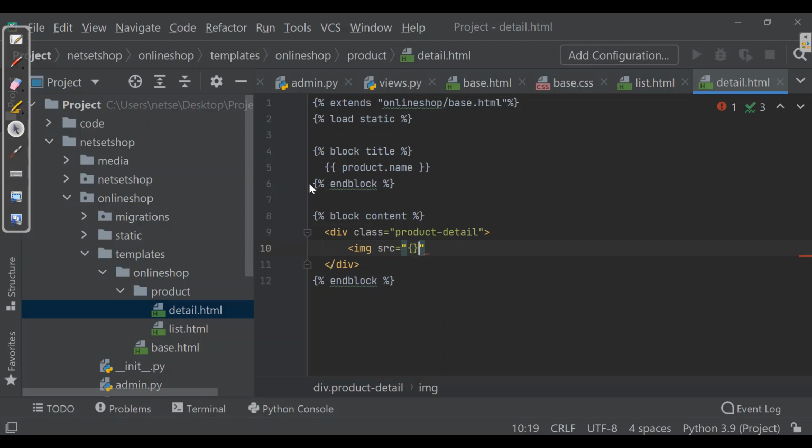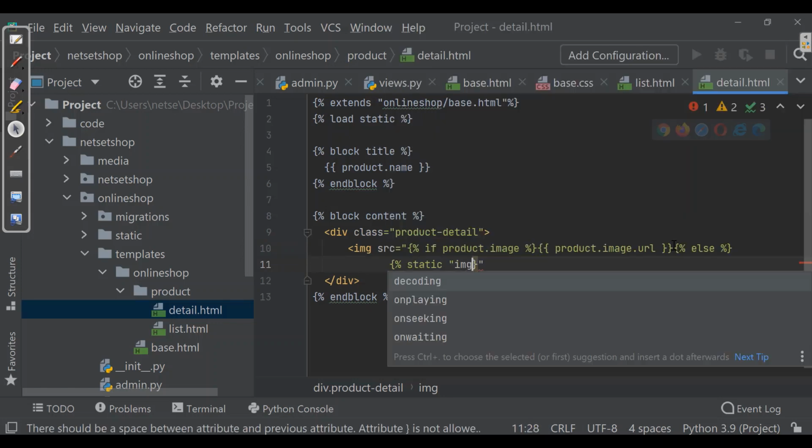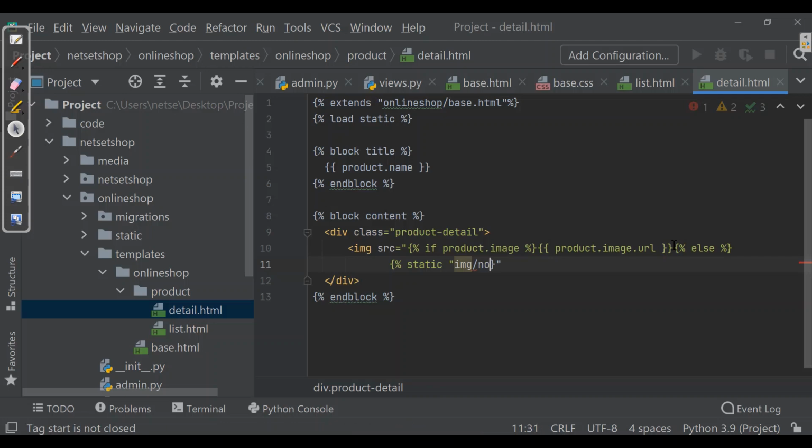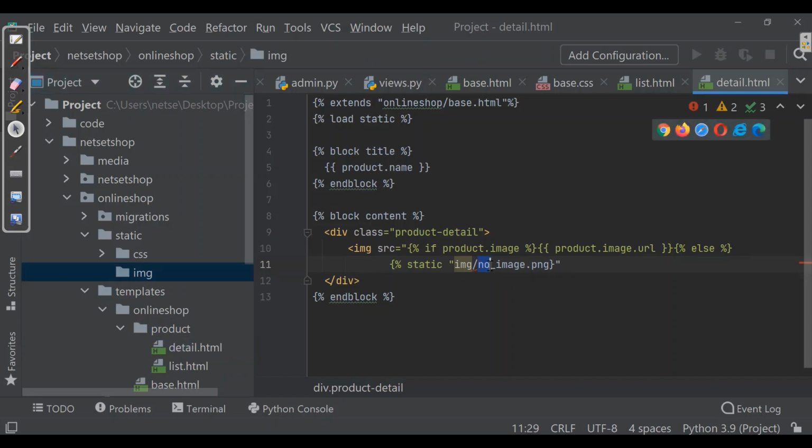So I'll write if product.image, here it should have the URL of product.image, else we'll give the static file inside image with the name no_image.png. Inside static we have a CSS folder and an image folder. In this image folder I'll be uploading no_image in PNG form.